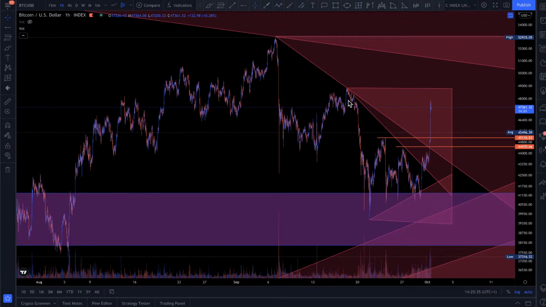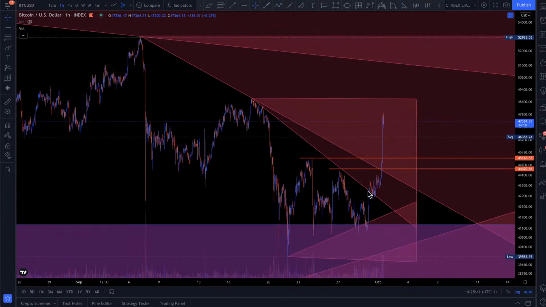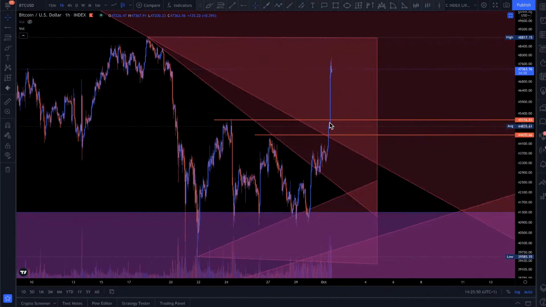So we saw this and how we just came here. As soon as we entered this level here, we shot up. Yesterday we did come down here and played around a little bit, but this wasn't part of the bigger triangle, as you can see here. This was the bigger trend line, and as soon as we broke that, we shot up, right?